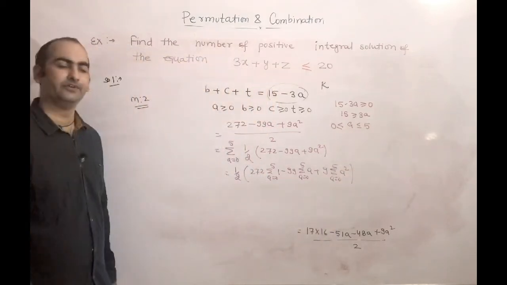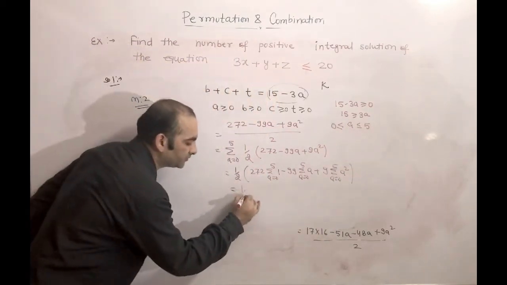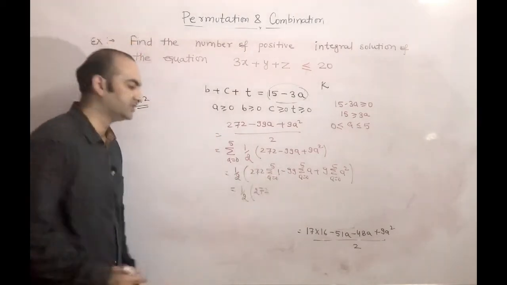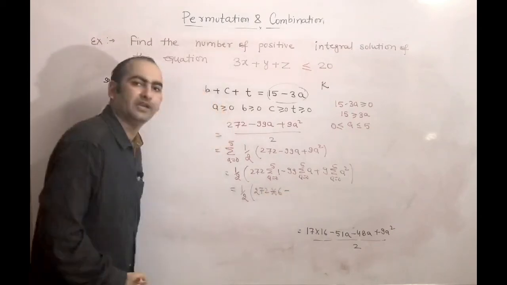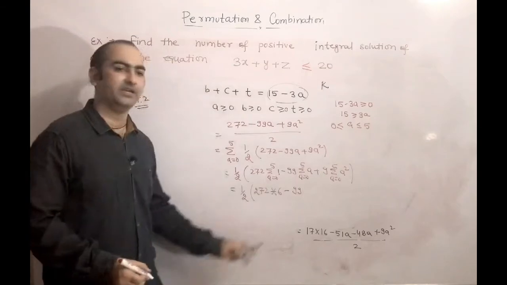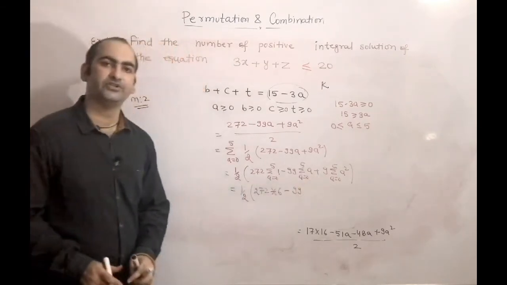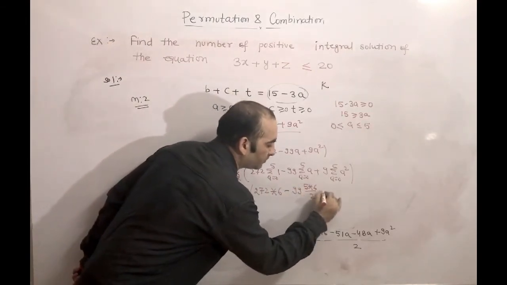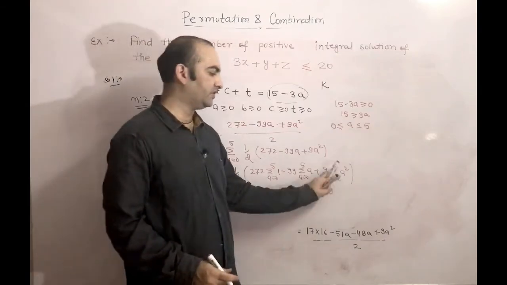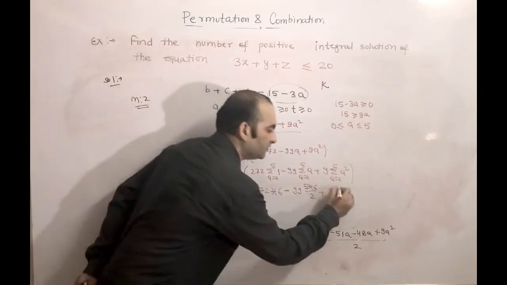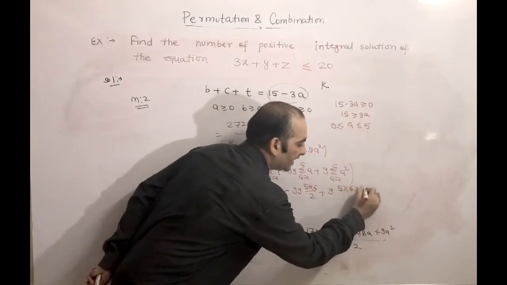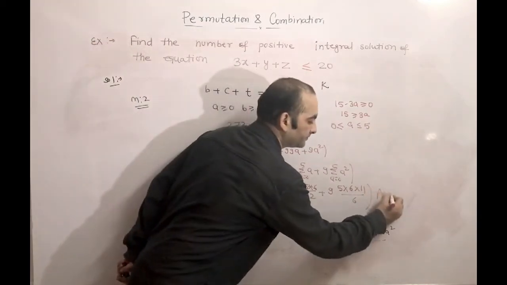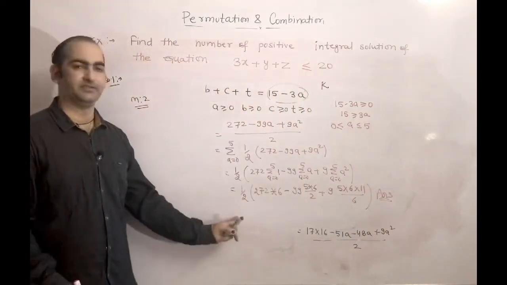This will come. Okay, now we have to simplify this one. So what will come? 1 by 2, 272, sigma a equal to 0 to 5, 1. So this is nothing but 6, into 6, minus 99 common, sigma a equal to 0 to 5, a. This is nothing but the summation of natural numbers 1 to 5, so this will come out 5 into 6 divided by 2, plus 9 outside, sigma a equal to 0 to 5, a square. So this will come out 5 into n plus 1 is 6 into 11, divided by 6. Okay, now we have to simplify this one. This is your answer. So by the second method we'll get this answer. We have to simplify this one.